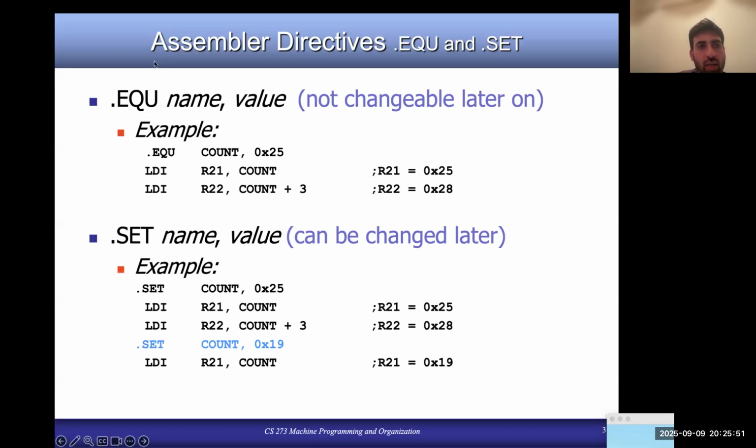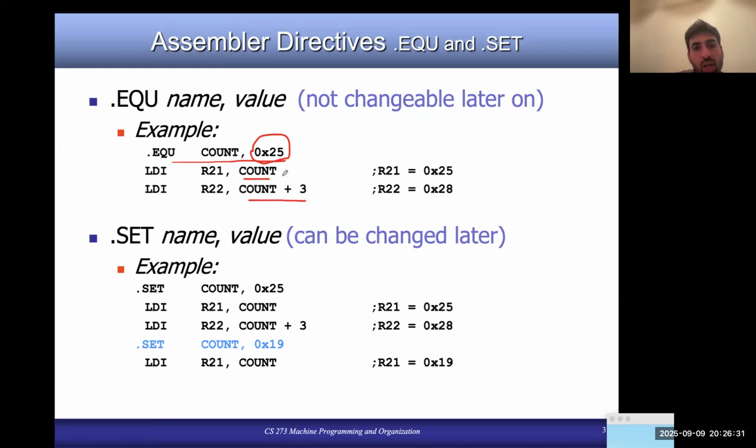So when we say equate name value, what we are saying is that in our program, wherever we use this name, let me use a concrete example to explain it. For example, if you say equate count 0x25, you are telling your assembler that in my assembly program, wherever I write count, replace it with the immediate value of 0x25. So now you write load immediate R21 count, and you write another instruction, load immediate R22 count